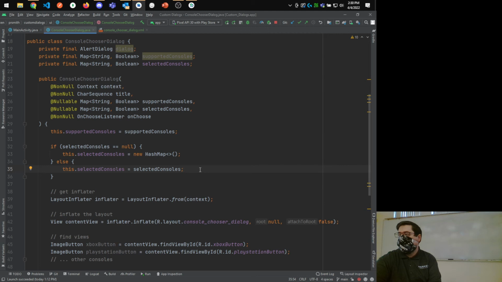There's no listeners for those buttons. Make sense? There's a listener for the OK button, but there's not a listener for the buttons themselves, the console buttons themselves. So that's one part I need in there, okay? I'm also not doing anything with the supported consoles yet or the selected consoles yet, okay? So if we think about where this is structured, I think I actually put these lines probably in the wrong place